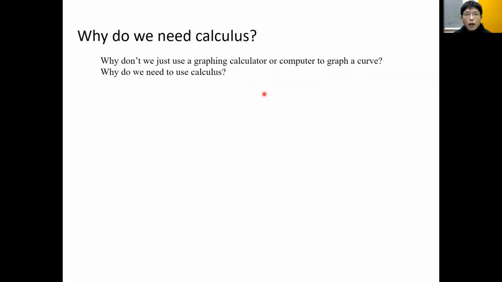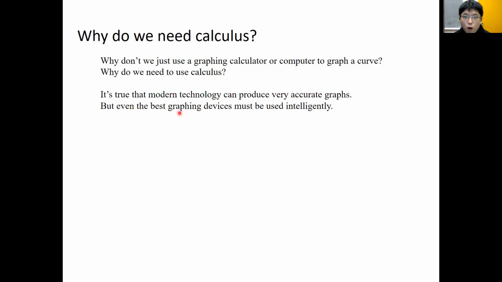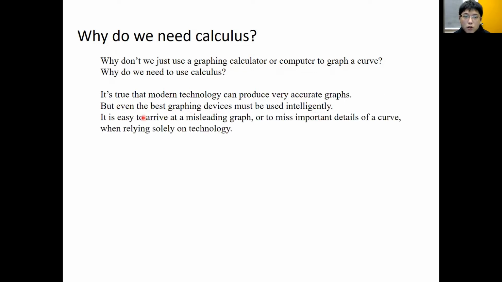Before going into more details, let's first answer the following question. Why don't we just use a graphing calculator or computer to graph a curve? Why do we need to use calculus? Well, it's true that modern technology can produce very accurate graphs, but even the best graphing devices must be used intelligently. So it is easy to arrive at a misleading graph or to miss important details of a curve when